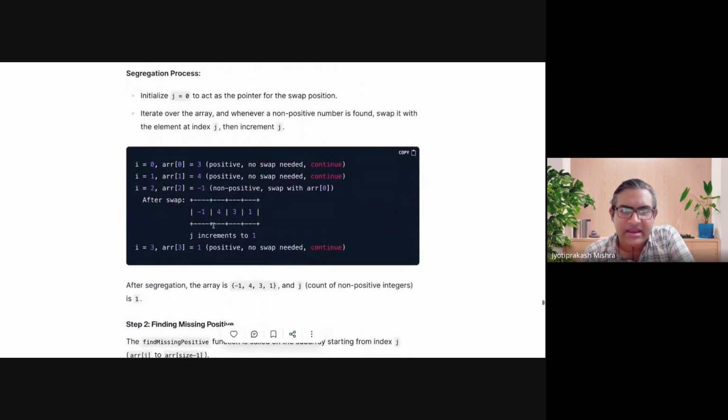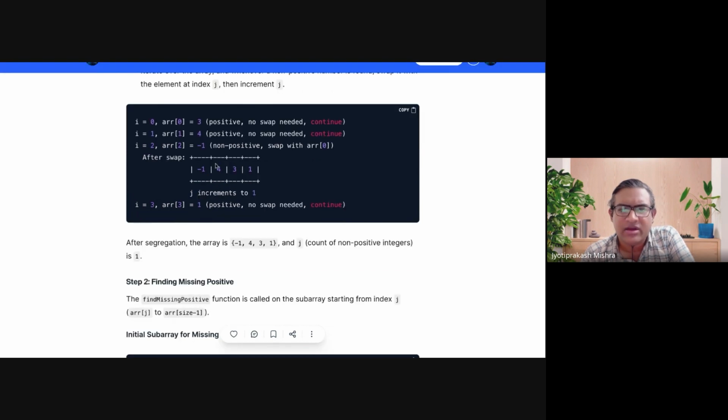ओके, तो यहाँ पे देखो, ये हमारा इनिशियल अरे था, हमने इसको यहाँ पे सेग्रीगेट किया। तो सेग्रीगेट करने के बाद नेगेटिव नंबर यहाँ पे आ गया, सारे पॉजिटिव नंबर्स यहाँ पे आ गए, ठीक है। और हमको निकालना है कि यहाँ में से नंबर कौन सा मिसिंग है। तो यहाँ पे तुम क्लियरली मुझे बता सकते हो कि नंबर 2 इज मिसिंग, राइट। तो ये कैसे कर सकते हैं? हमको पता है कि ये बाउंड्री यहाँ पे है, इस बाउंड्री के पास नेगेटिव और पॉजिटिव नंबर्स अलग अलग हो गए।